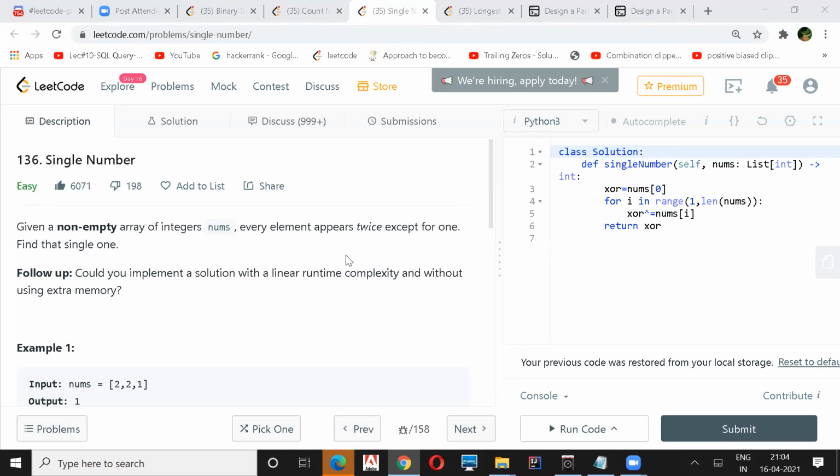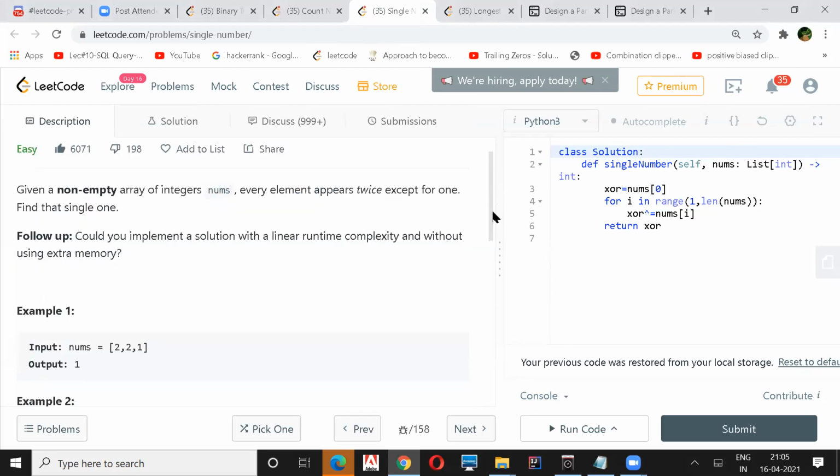Okay, let's go with this. So this is a single number problem. The array is given and you have to find the single number in it. So what do you suggest? Brute force, optimize anything? Like I told, frequency. We can also have an n square solution, right? If we take very simple things first, we can do it in n square also.